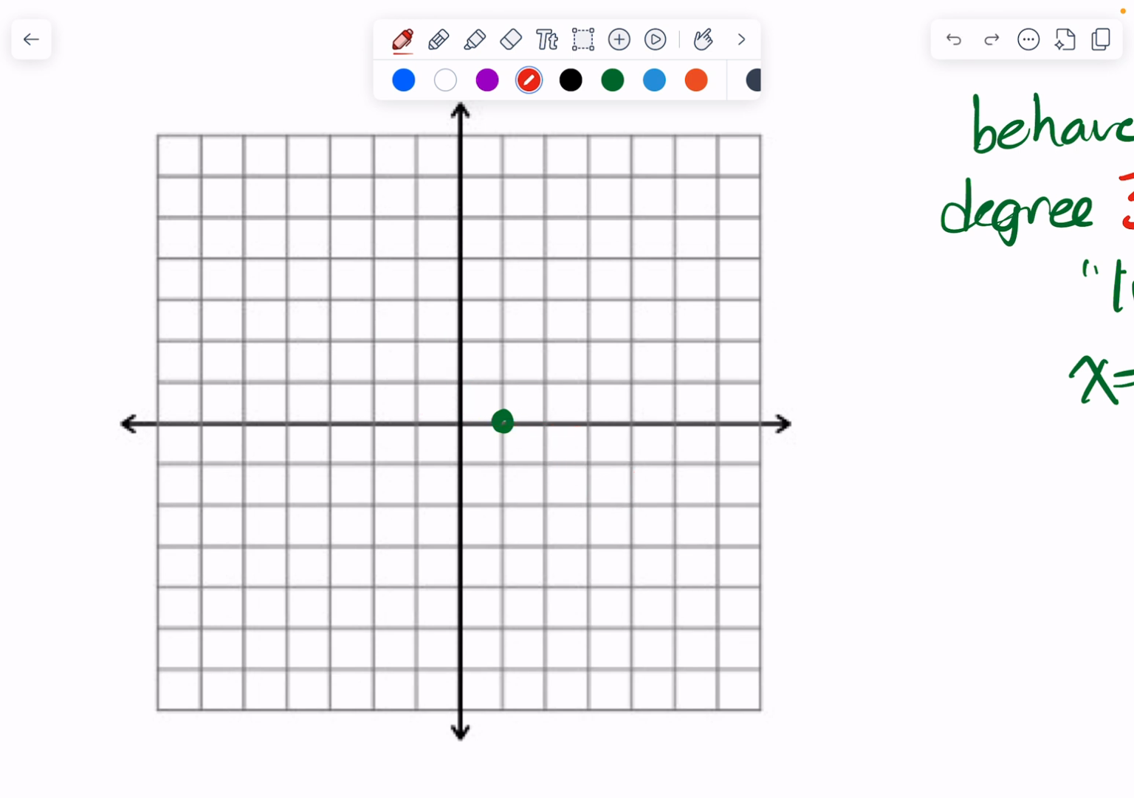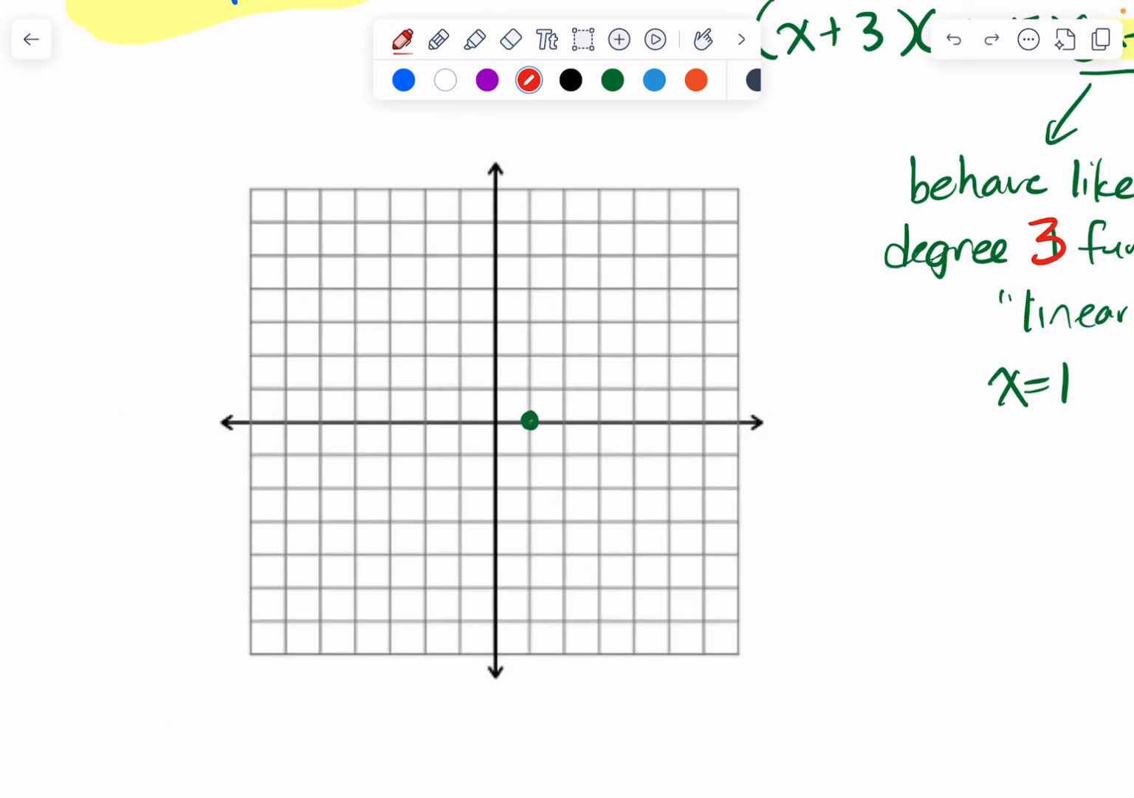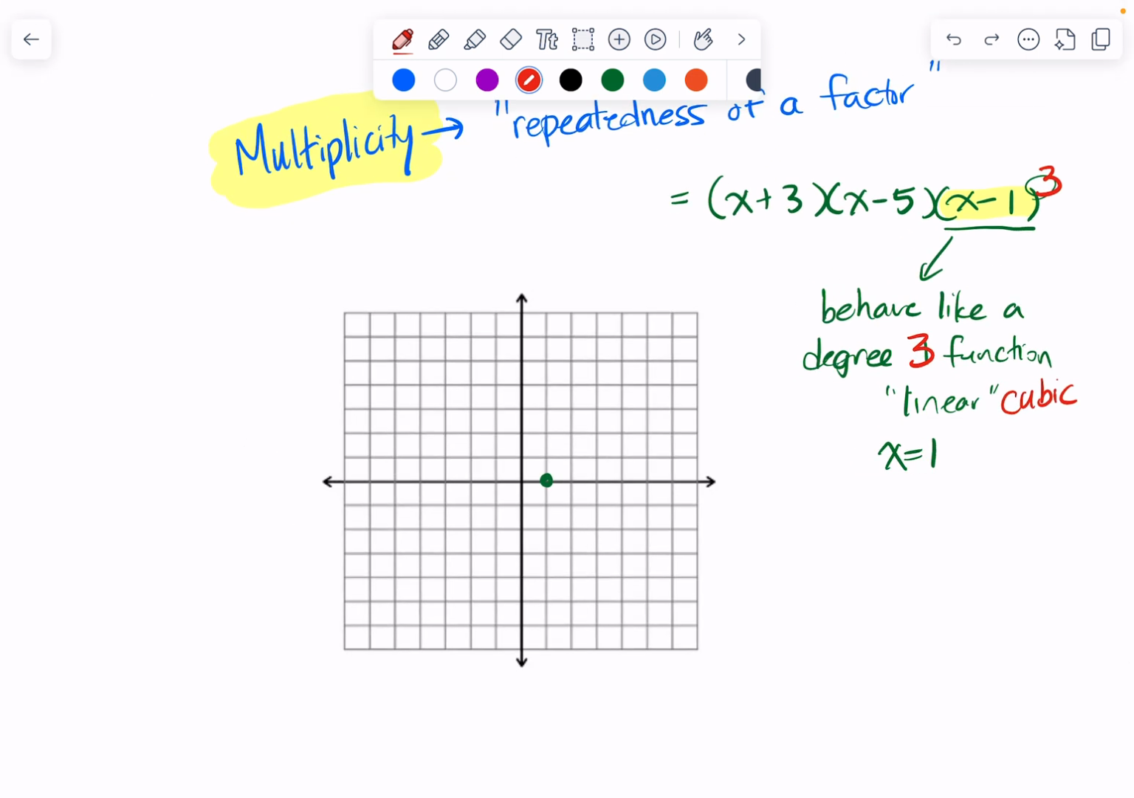And then all the even functions are going to bounce off, whether from this direction or from this direction. And again, the higher the degree, the more flat it gets at its vertex. Okay, and so if we could just dial this way back to our example, if we were going to graph this exact example here,